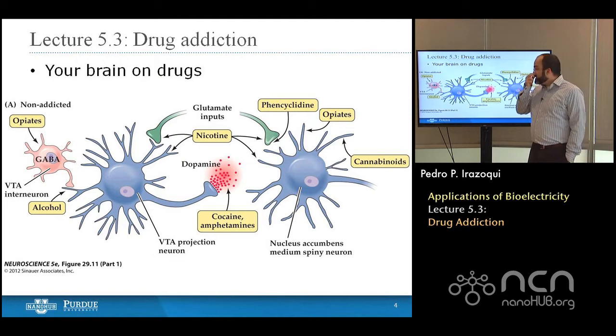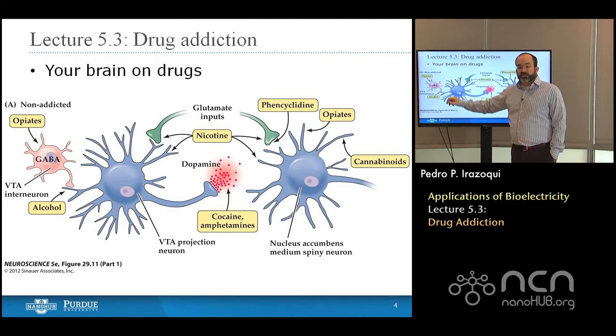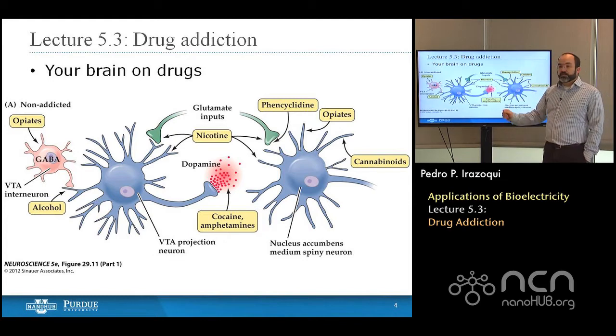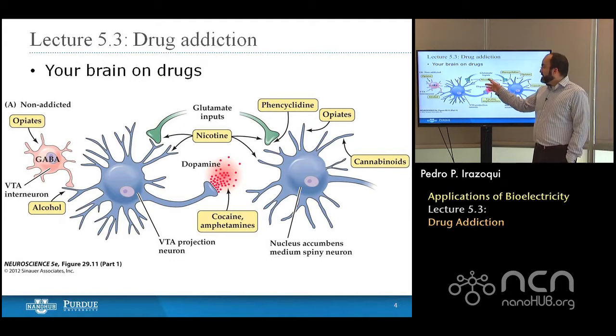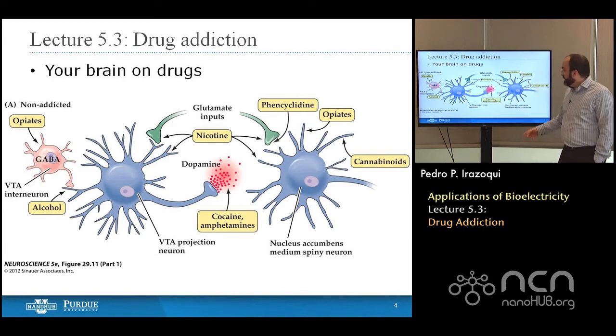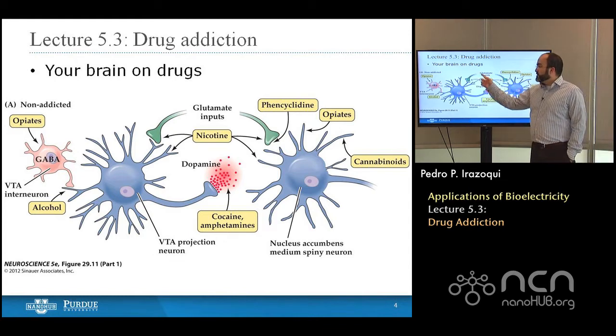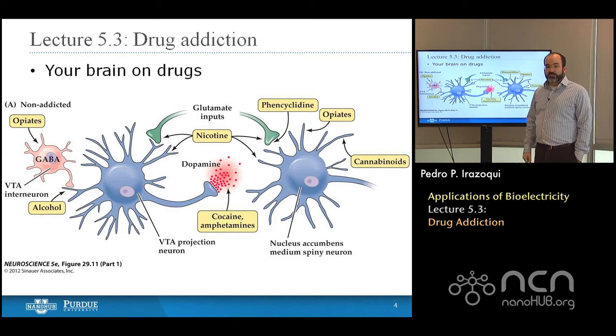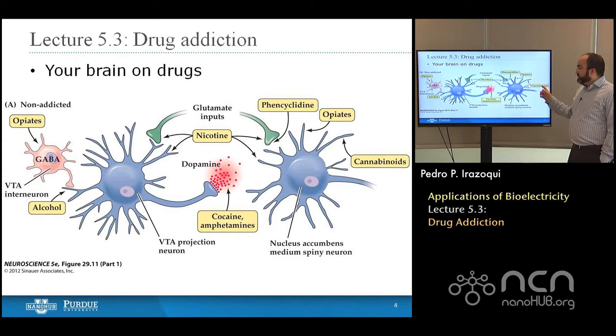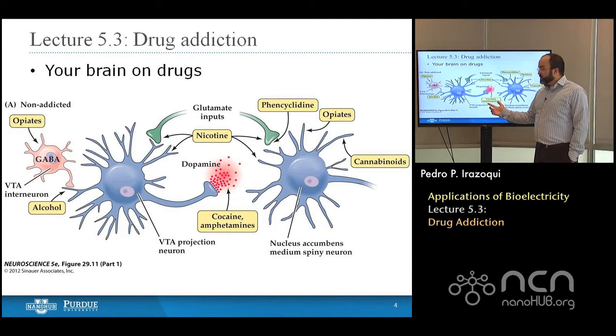Alcohol acts at the synapse of the interneurons and the projecting neurons within the ventral tegmental area. Nicotine, if you recall, there was a whole category of receptors for ion channels that we talked about in week 2, the nicotinic receptors. Well, nicotine acts on the nicotinic receptors in the dendrites of both the dopaminergic projecting neurons in the VTA and the nucleus accumbens neurons that receive the dopamine from them. So it affects the glutamatergic inputs that descend from the cortex. Cannabinoids work on the receptors in the dendrites of the nucleus accumbens,